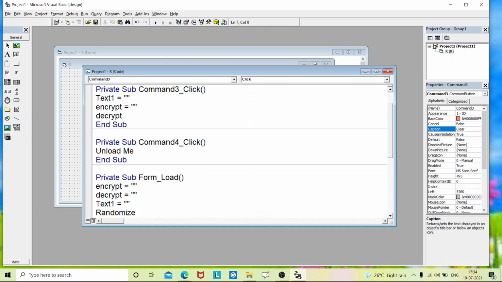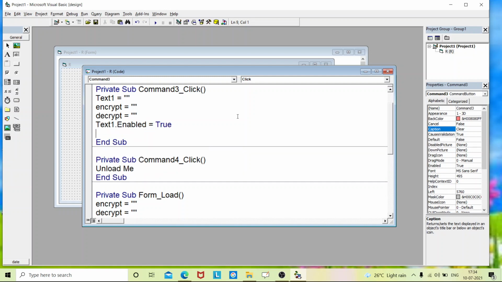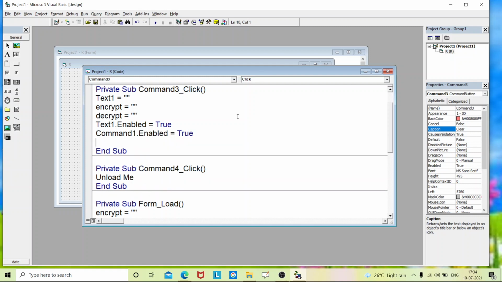In the Clear command, we are emptying the text box and the values held by those variables. Text1.Enabled, we are enabling the text box. Likewise, Command1.Enabled equals True, Command2.Enabled equals True.